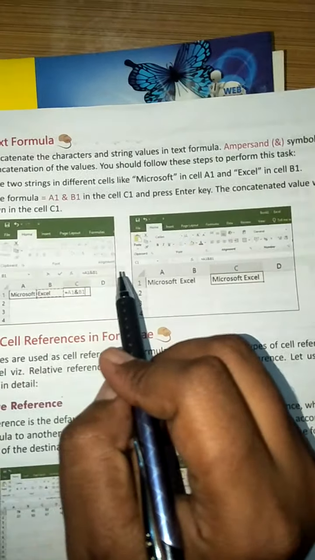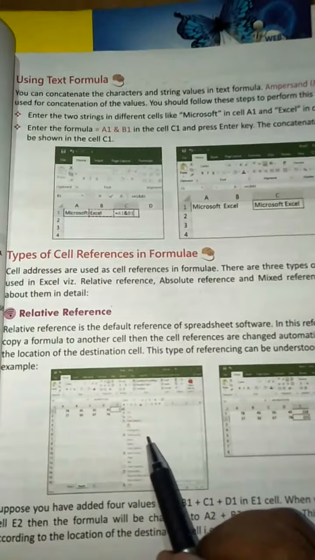Relative reference. Relative reference is the default reference of spreadsheet software. In this reference, when you copy a formula to another cell, the cell references are changed automatically according to the location of the destination cell. This type of referencing can be understood by the following example.